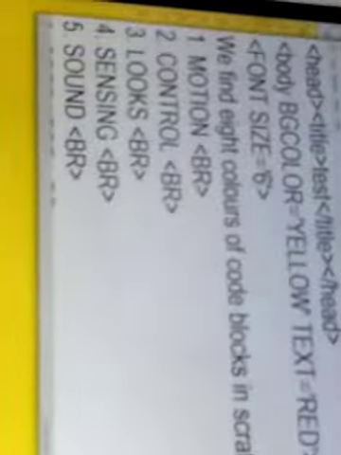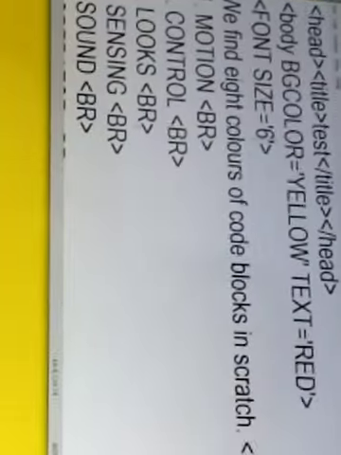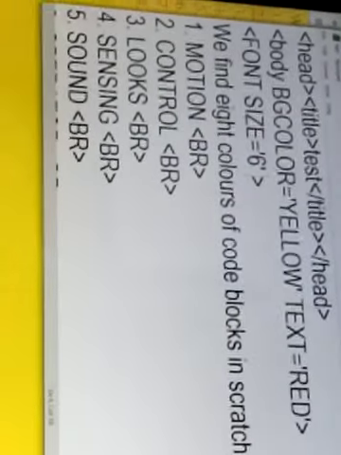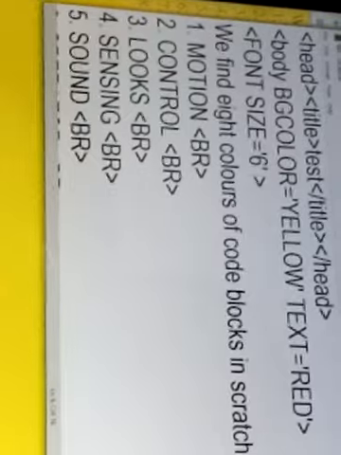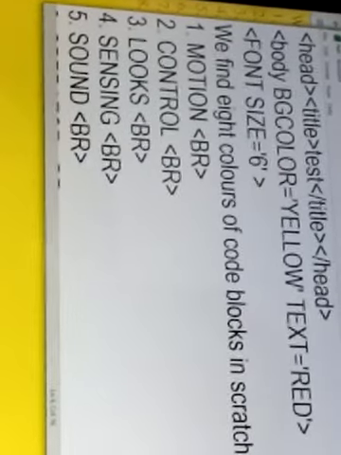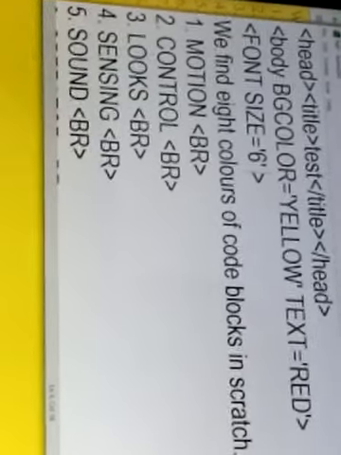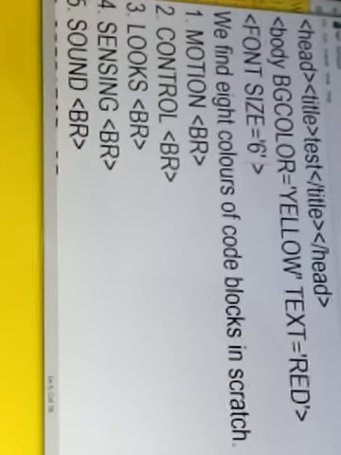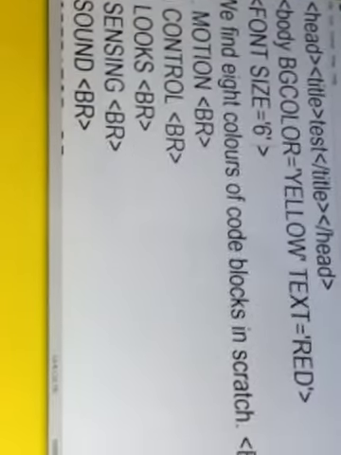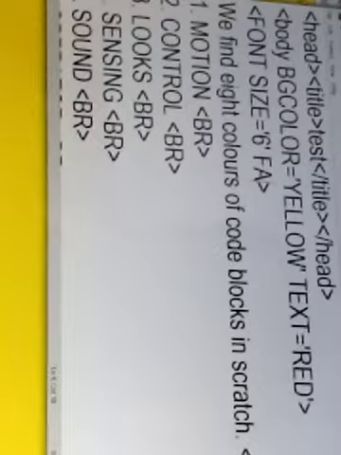Now again I want to make it more attractive, so what I will do, that I will be changing the font style over here. Okay, I will be changing the font style. So again what I will do, in the font tag, for changing the style of the font, as you put some creams on your face, some powder on your face, similarly here we will be using face over here.